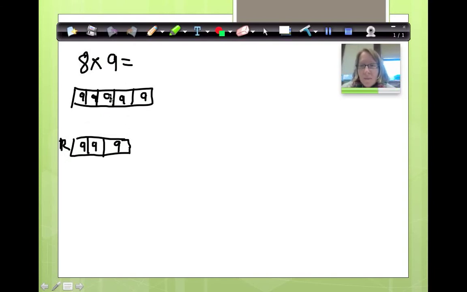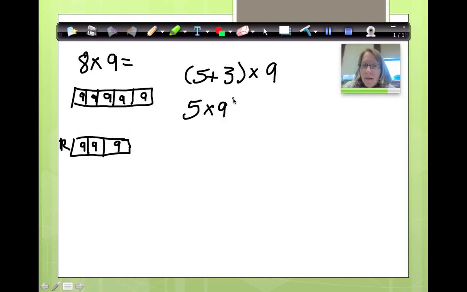Now, I can't just write 8 times 9 because that's not what my blocks are. My blocks are 5 plus 3, and they are all groups of 9. So we multiply by 9. Now, using the distributive property, we have to give a 9 to each one of them, and we need to multiply it. Okay, so the 5 gets a times 9, put in parentheses so we can see it, plus the 3 gets a 9,